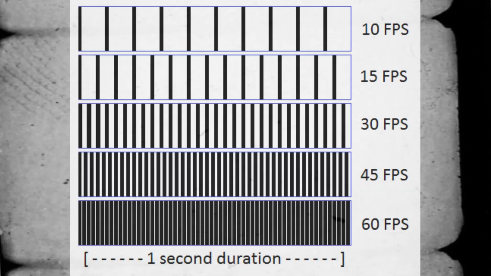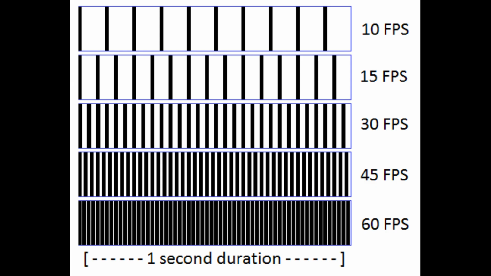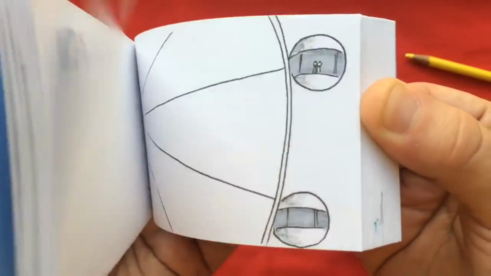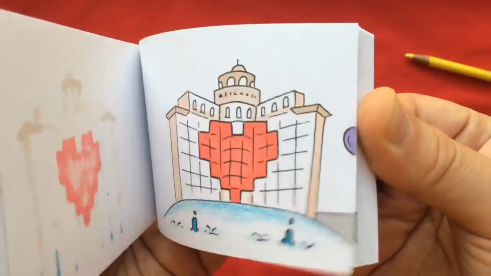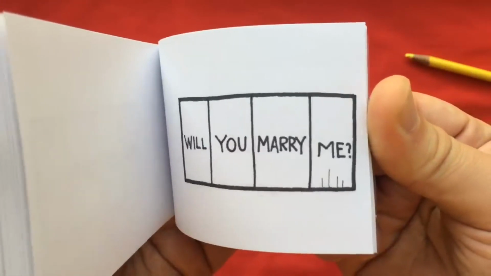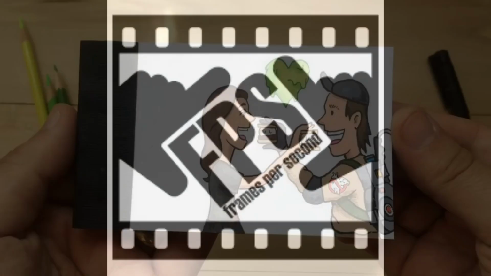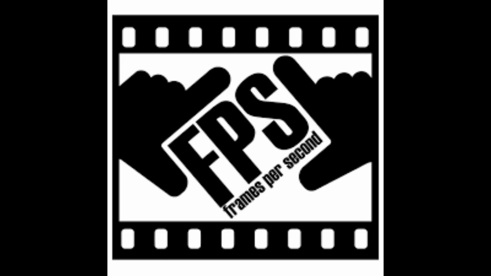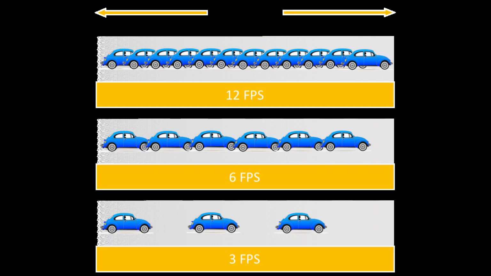Whether digital or old school film, video is a series of still images. When viewed in order at a certain speed, they give the appearance of motion. Frame rate is the speed at which these images are shown, or how fast you flip through the book, and it's usually expressed as frames per second or FPS. Each image represents a frame. So if the video is captured and played back at 24 fps, that means each second of video shows 24